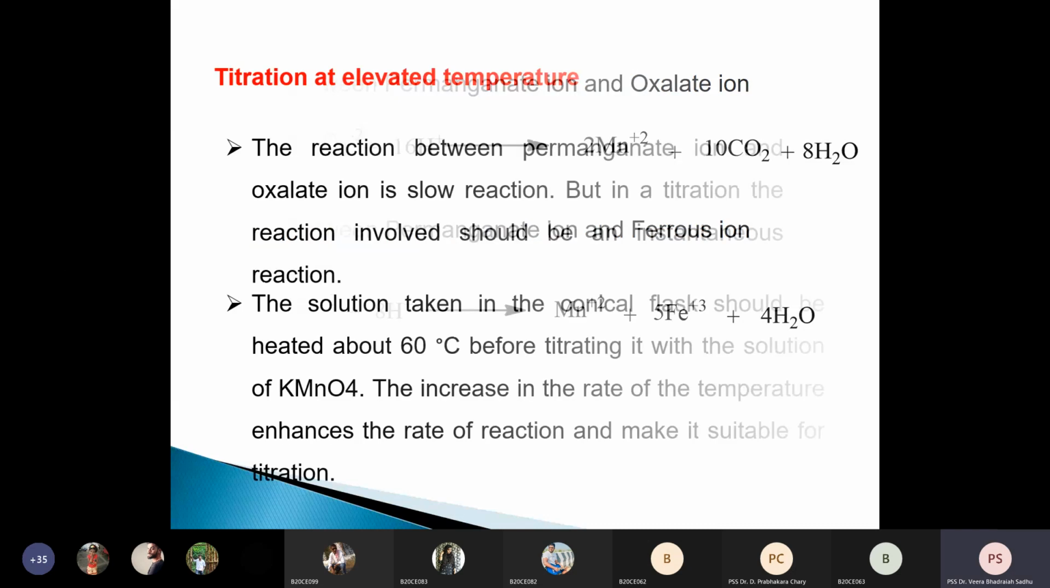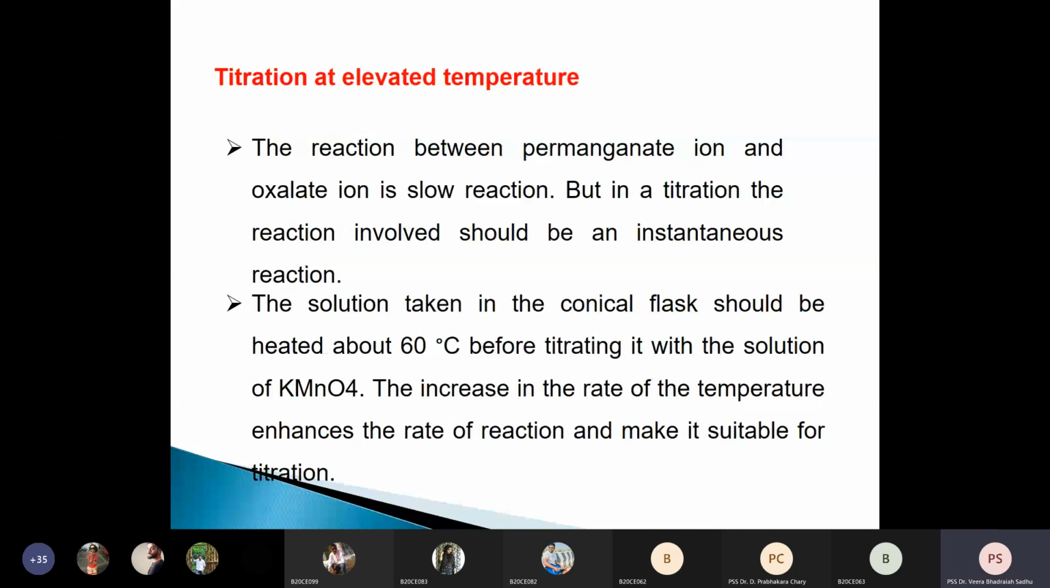The reaction between permanganate ion and oxalate ion is a slow reaction, but in a titration the reaction involved should be instantaneous. The solution taken in the conical flask should be heated to around 60 degrees centigrade before titration. So after heating up,